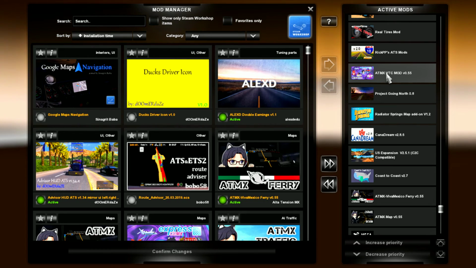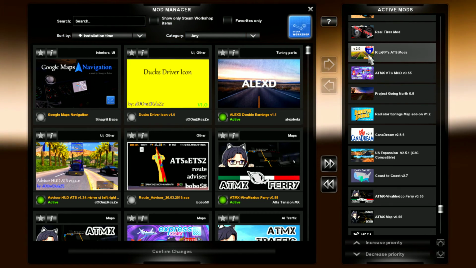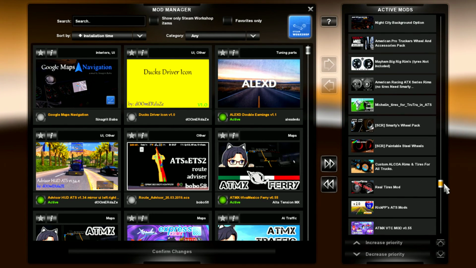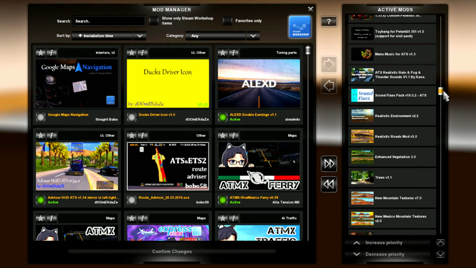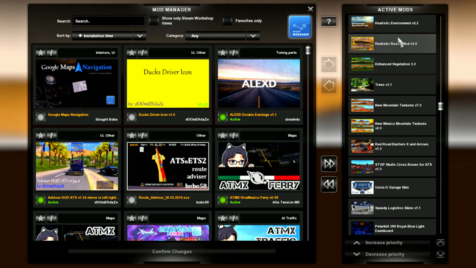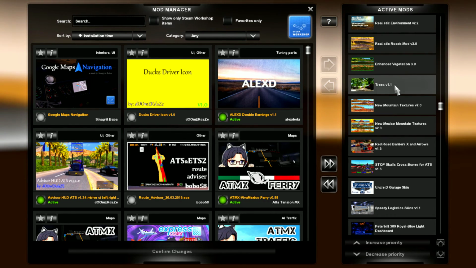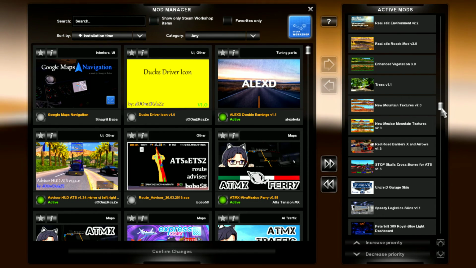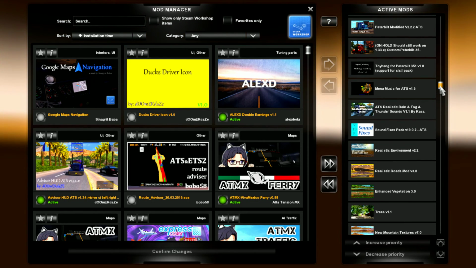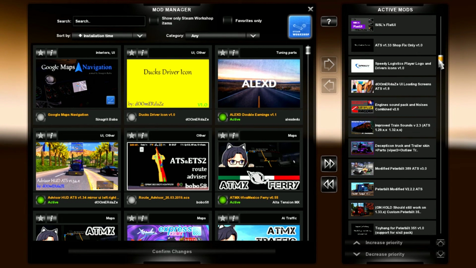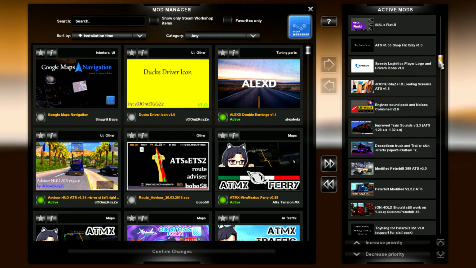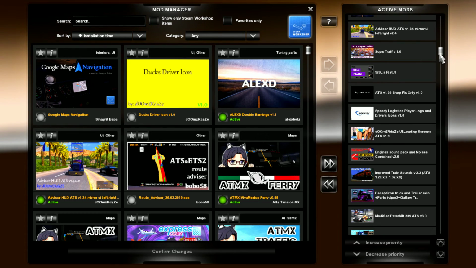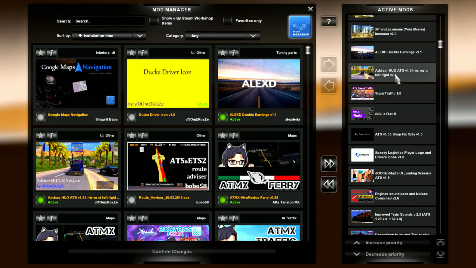And there's the ATMX map, and Rick's PP's ATS, and the rest of the stuff is just mods that I have in there for personal use, mountains and vegetation and so forth to help the graphics look a little bit better as well. And on top of that, some trucks and what have you, and some mods of mine that I make,